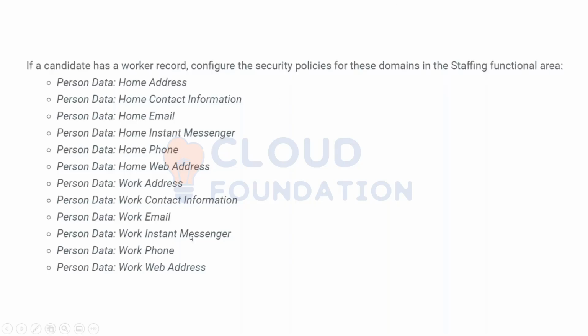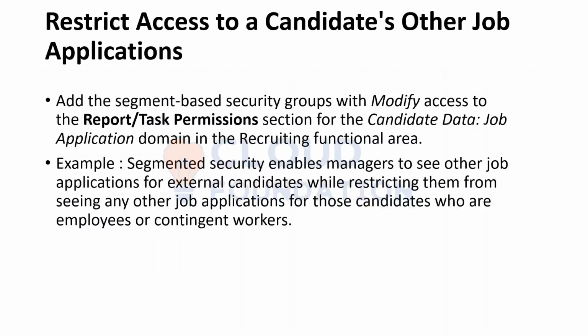So please make a note of these as well and just go into the tenant and see the description and the task and reports for this. We don't have to configure this, we just have to know that all these features are given by Workday to us, to the recruiting team. Then our second topic is of restrict access to candidates